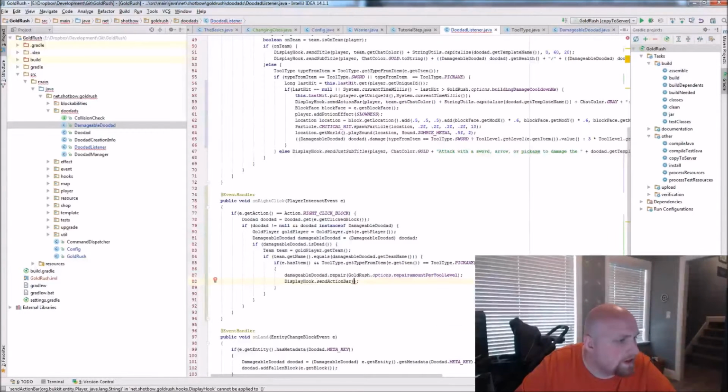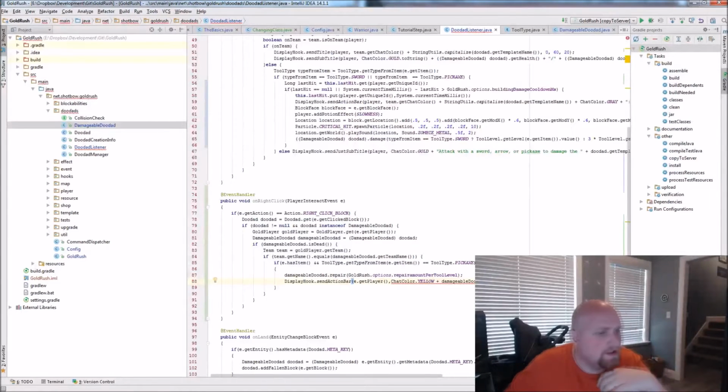Display hook dot send action bar, e.get player, dot yellow plus damageable doodad dot get health plus damageable doodad dot get max health. And so what we'll do is we'll go into the game and see how this looks in there. But I think I have to toString that just for fun, to make it not get mad, because chat color dot yellow plus an integer gets mad.